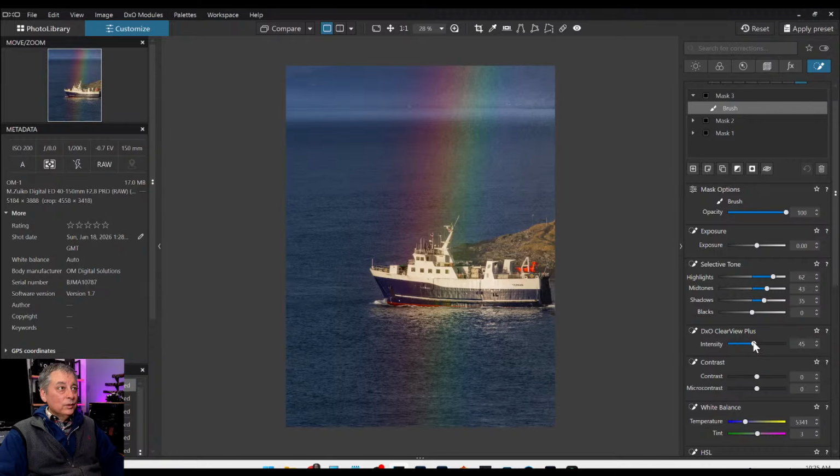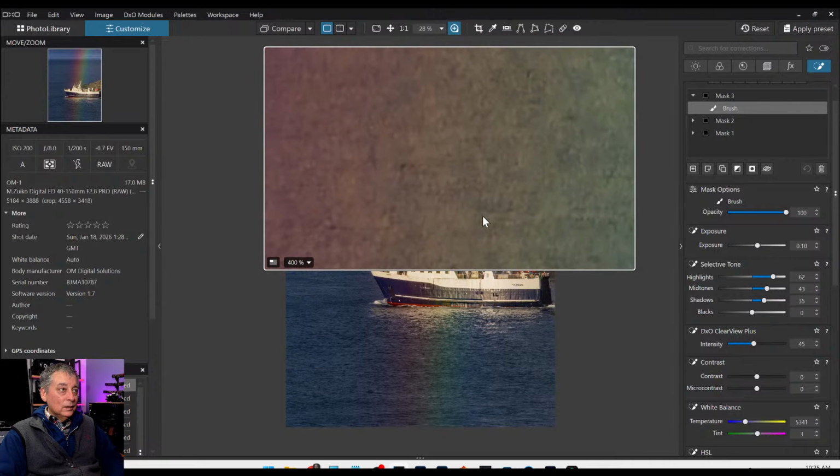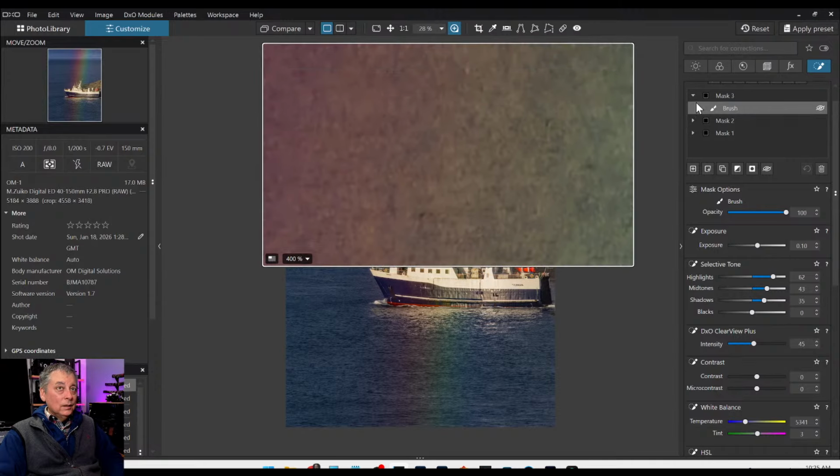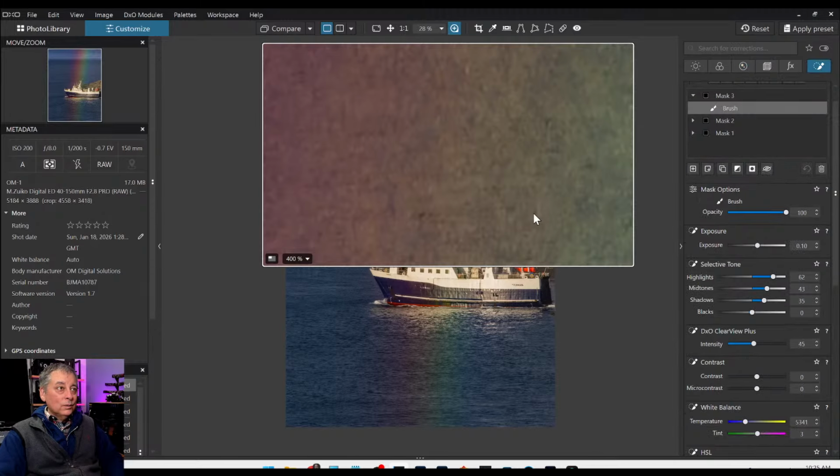Maybe some clear view. That looks weird. Let me go to the loop and see. Did I not apply my preset? I did. So